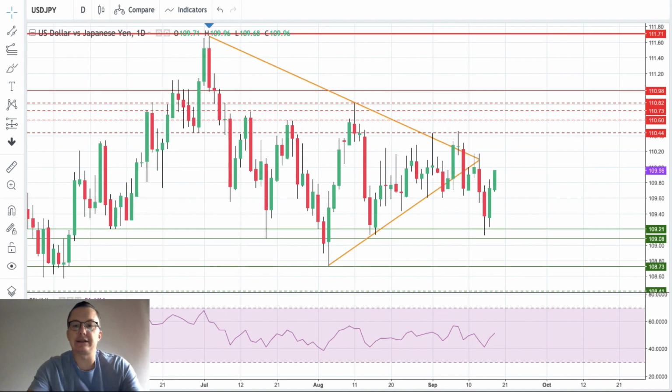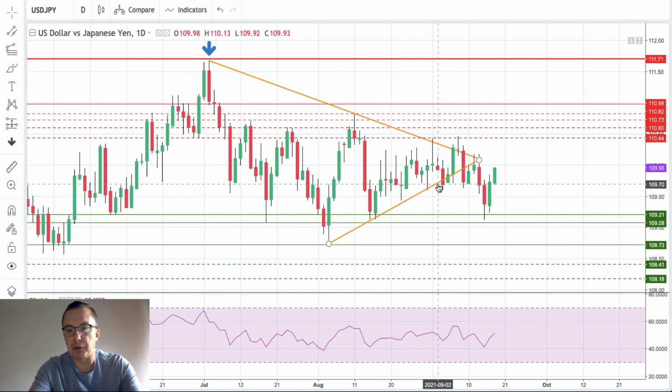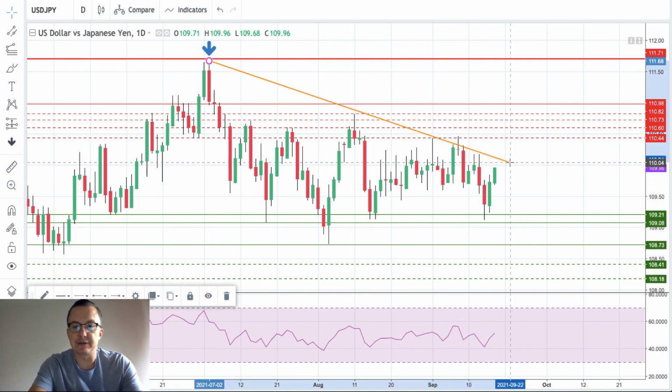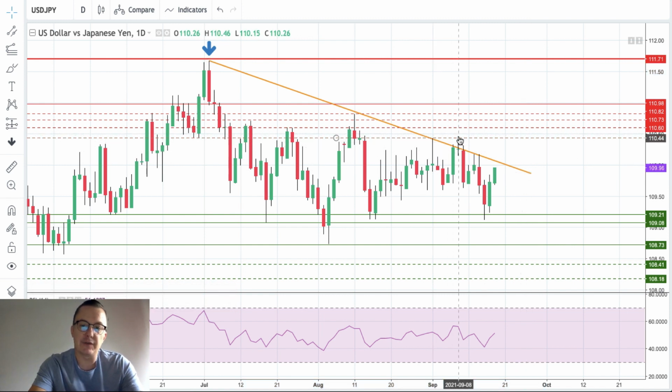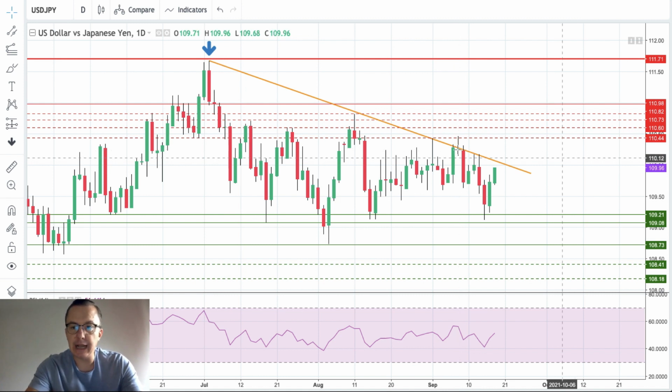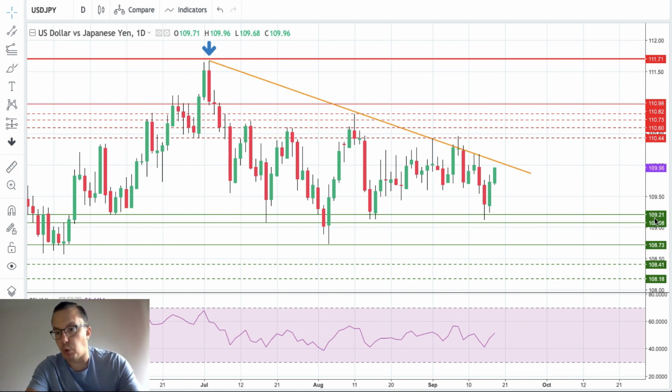Now we are looking at the Japanese yen. What is going on here? Breakout to the downside from this supposed to be a triangle, but please keep an eye on this line, because we got already one false breakout with a kind of a pin bar doji candle up to the technical resistance at 110.44, rejection back under the trend line again, test of this trend line, rejection again, nice bounce from the technical support 109.08, 109.21, and then of course we are approaching the trend line here.